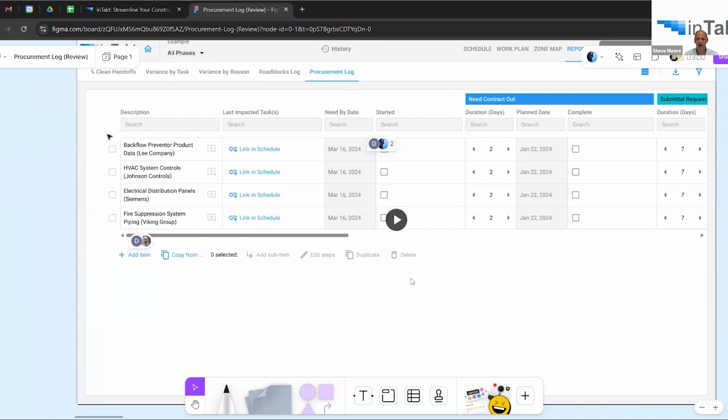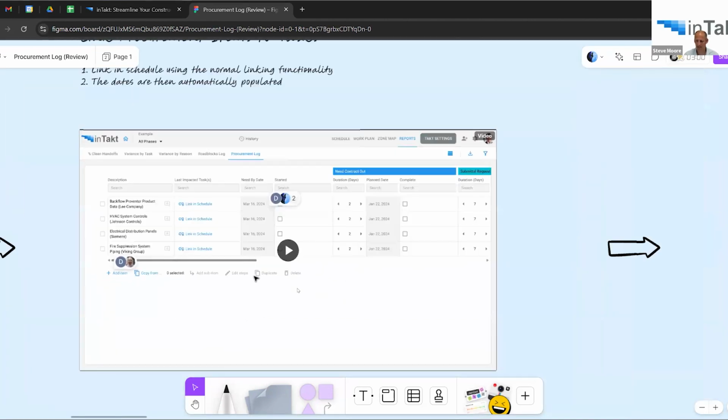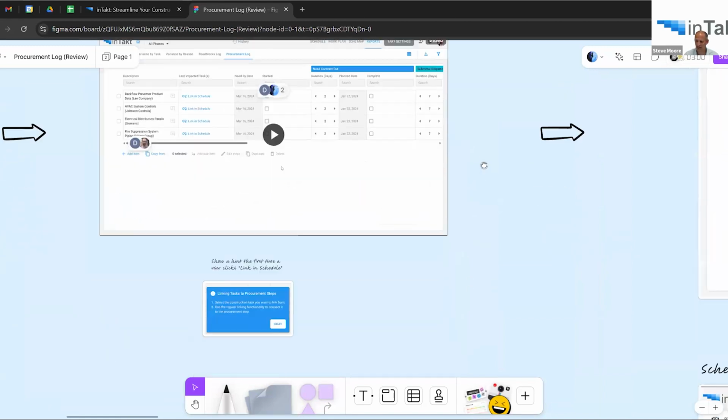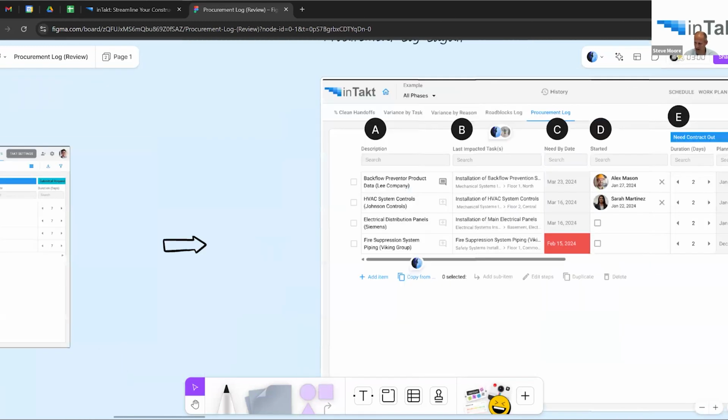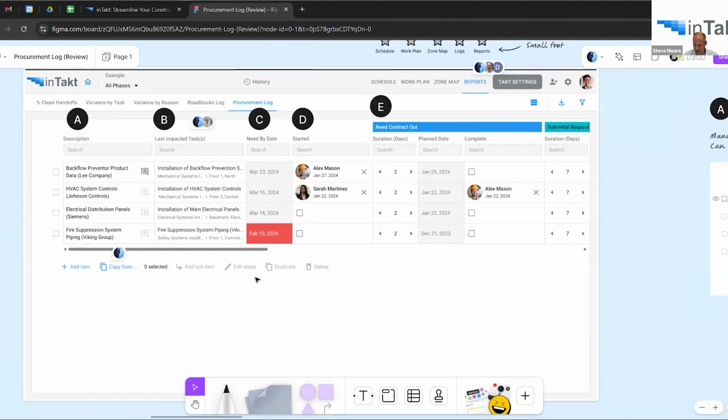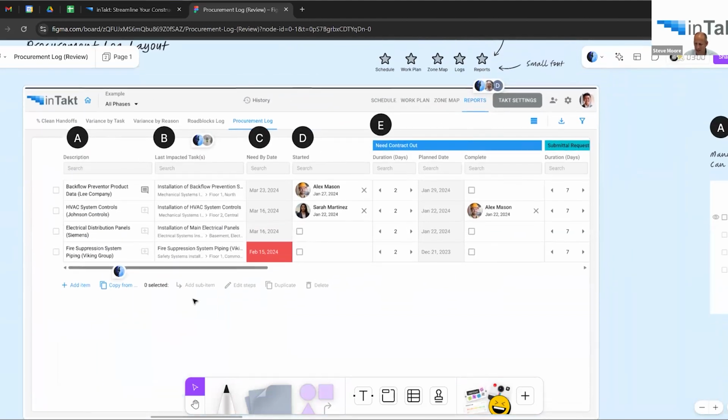So we're going to create, similar to the roadblocks log, the procurement log, and the procurement log will allow people to create their procurement items. We're going to have them in a nested format where you can create different sections, and within those sections, the different procurement items. Let me show a little more detailed view here. So here's an example of one that's semi-filled out